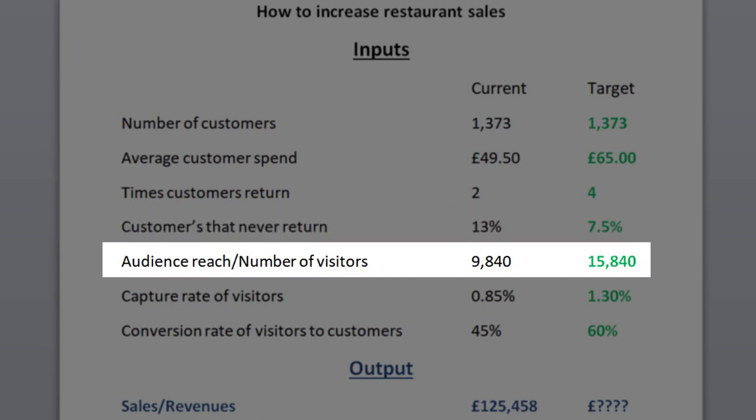The next number relates to audience reach, or number of visitors. So for example, the number of visitors to your website. Currently that stands at 9,840, but we're looking to increase that to 15,840, which is 6,000. And that represents 500 extra visitors to your website per month. That's very achievable, and that will be achieved by engaging with a company, or if you're able to do this yourself,